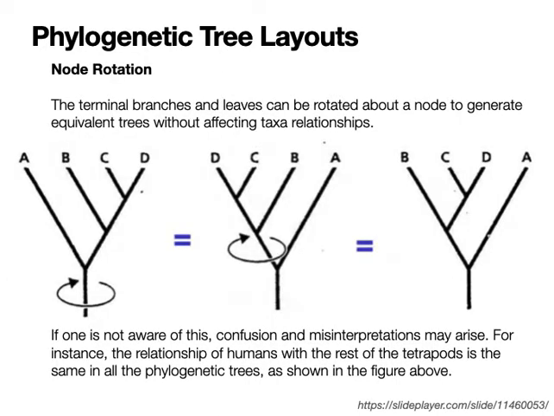Next, node rotation. So almost the same din. Parang principle of transitivity lang siya. So the terminal branches can be rotated about a node. So importante nga na sa node siya nagro-rotate para hindi mag-change yung meaning, para hindi mag-change yung orientation ng ating phylogenetic tree. So for example here, this tree right here was rotated at this point, that is why naging DCBA